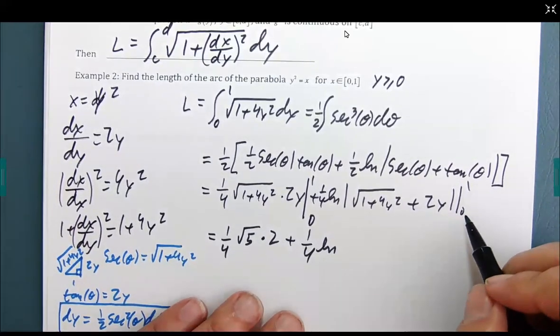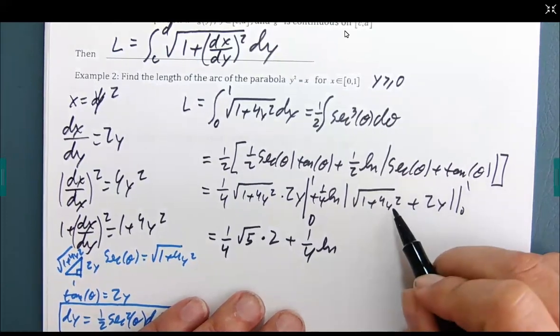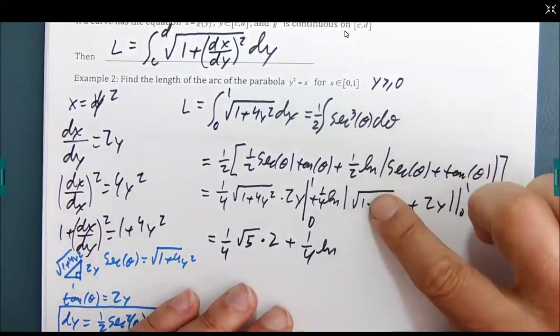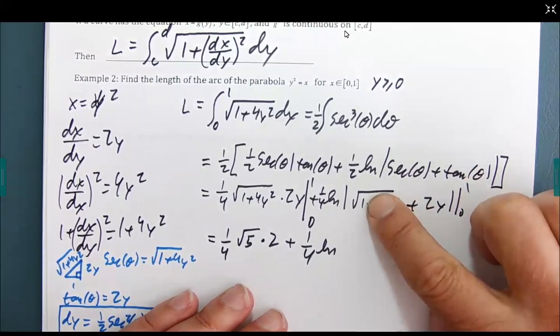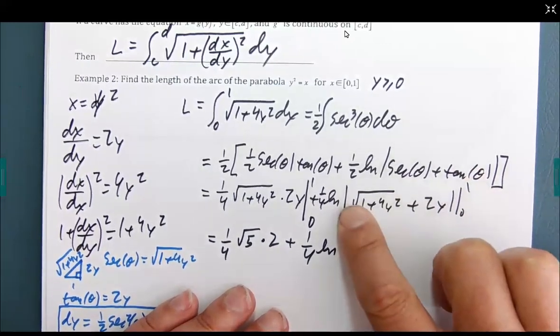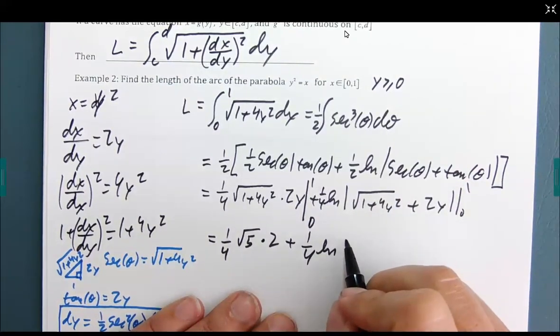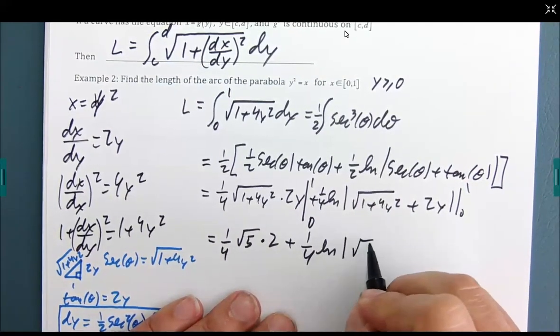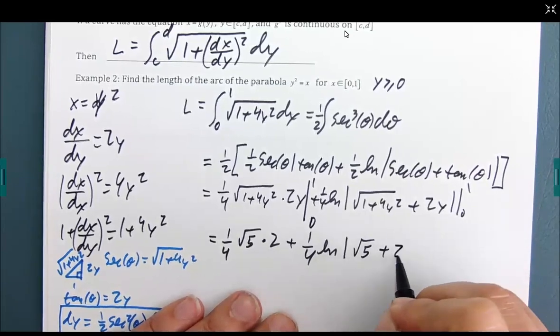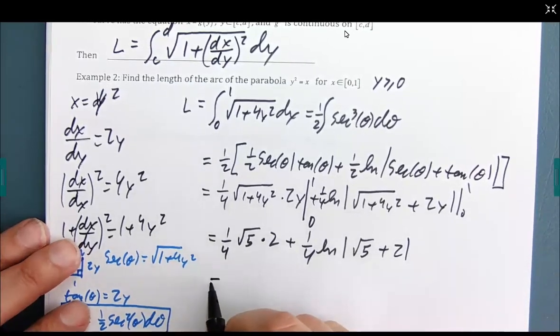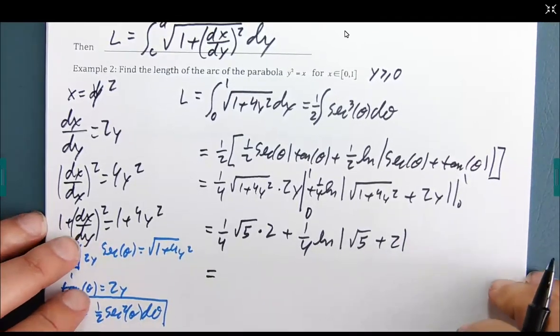Now, once again, when I plug in 0, that's gone. When I plug in 0 there, I end up with square root of 1, which is 1. Natural log of 1 is 0. So that 0 turns all that into 0. So when I plug in 1, I end up with root 5 plus 2. So my final answer ends up being